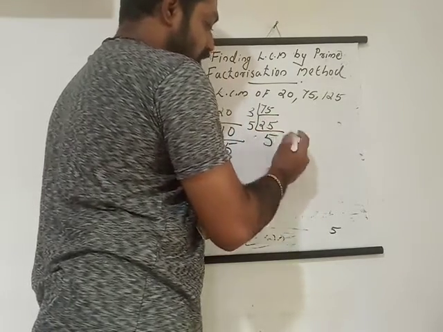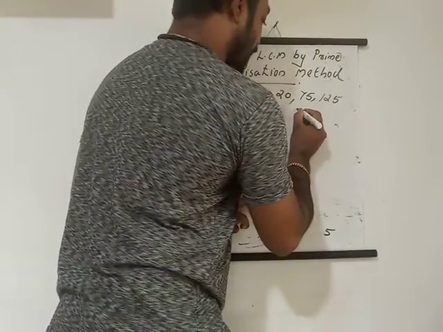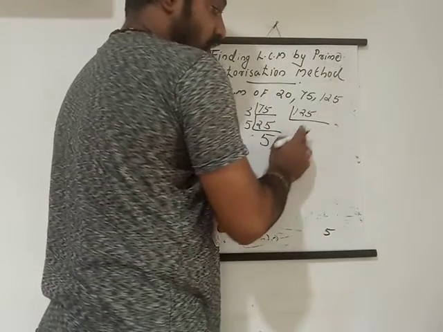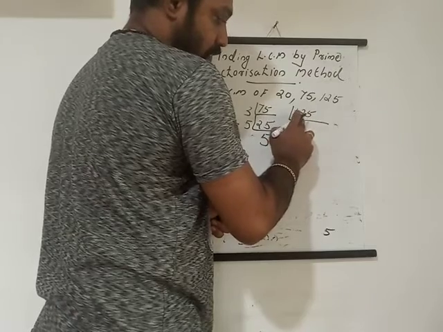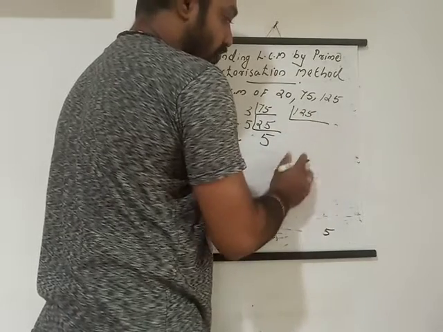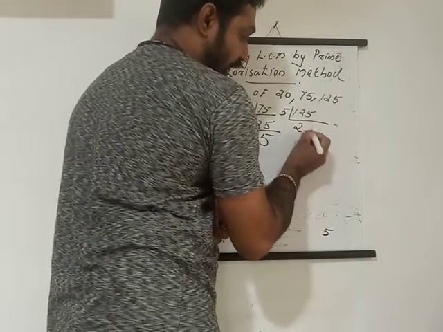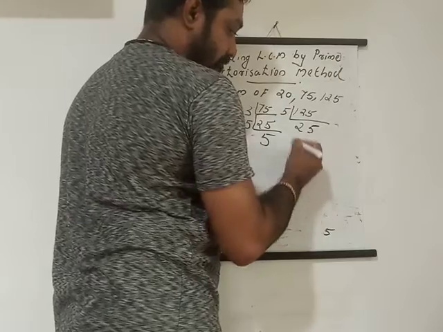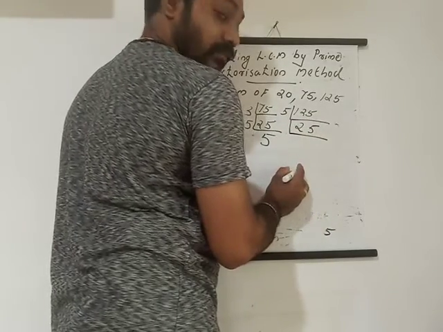5 5s are 25. Okay, so we got to 75. Now we have to take 125. For 125, we can take a 2? No, we cannot take a 3 either, because 5 plus 2 is 7, plus 1 is 8, so we cannot take it. We have to take a 5. Next, 5 is 5, isn't it? So 2 5s are 10, carry over to 25, so you will get 25. Then again, 5.